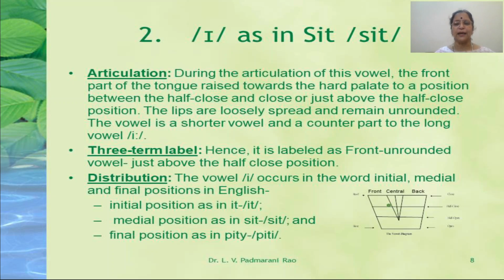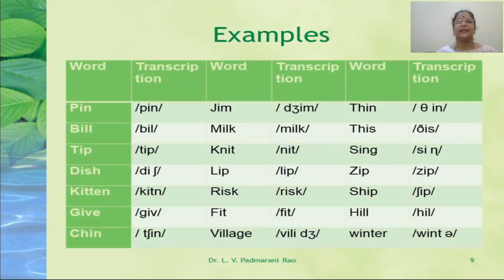The vowel ɪ occurs in the word initial, medial as well as final positions in English language, as in the examples it, sit and pity. The examples to understand the second vowel ɪ are P-I-N, pin, B-I-L-L, bill, T-I-P, tip,